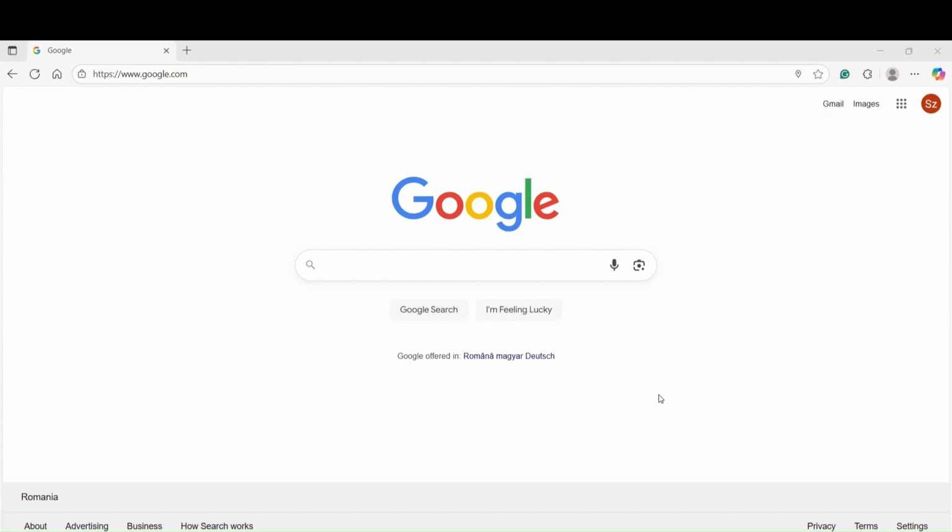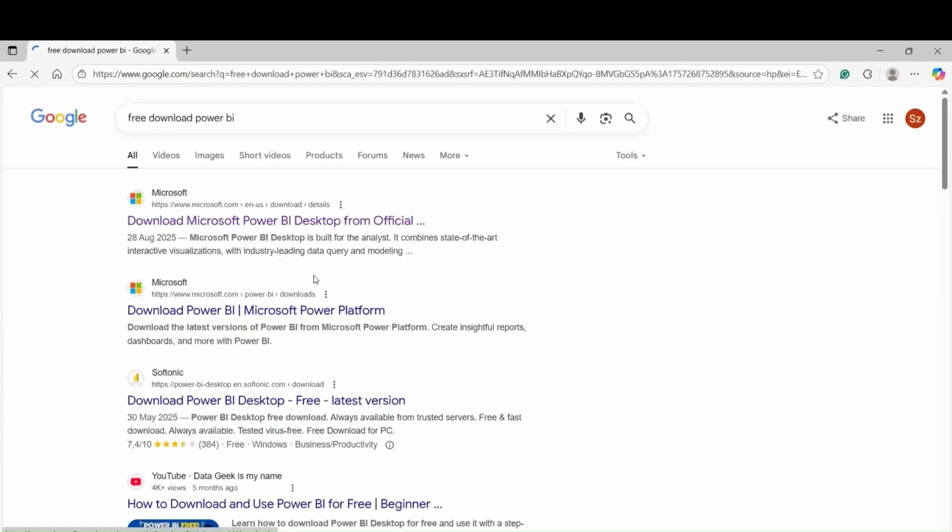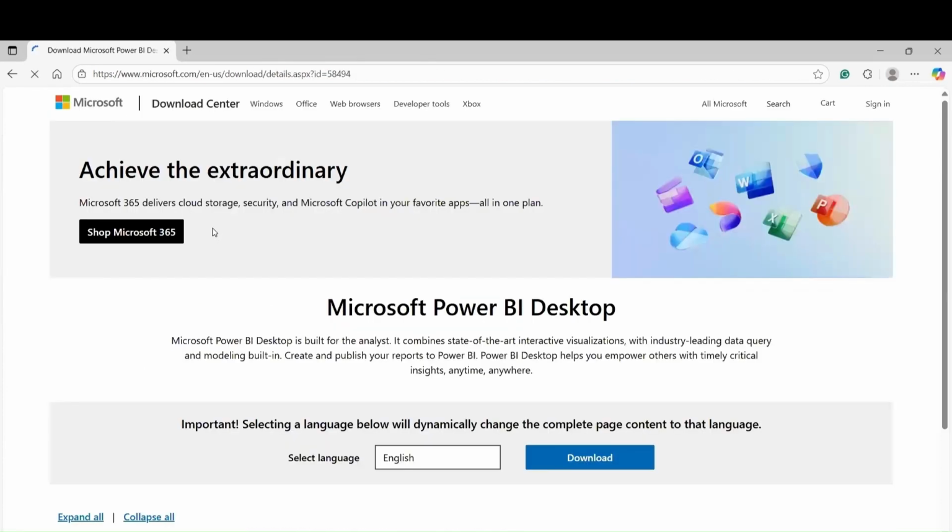Today I'm going to show you how to install Power BI on your desktop. In fact, it's a very simple process. So you just need to open google.com, write here free download Power BI. But you want to make sure that when you download the program, it is from an official site from Microsoft, right? So we click on this one, and